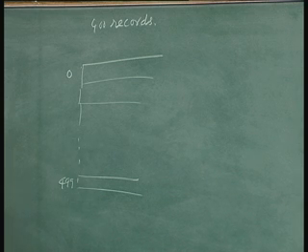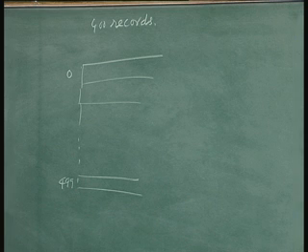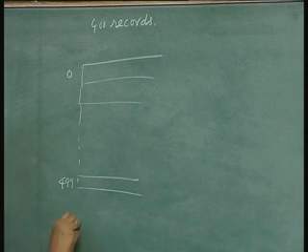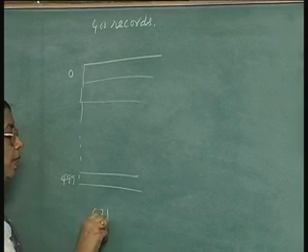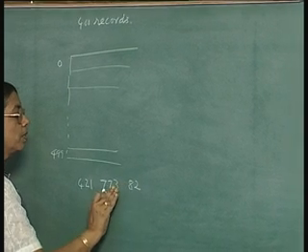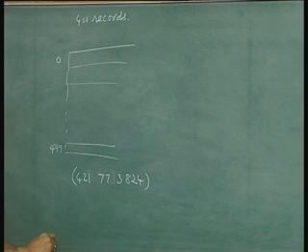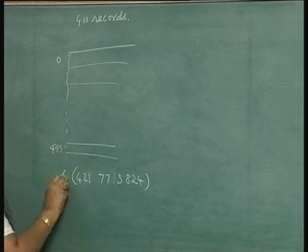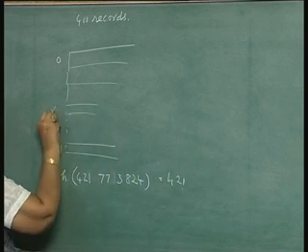For example, this is employee records of a company, then the social security number could be the key. It is unique for the person, it is a 9-digit number. So, suppose I have, say, 421 773 3824, something like that as the social security number of a person. Then you may use a function h such that this will reduce to 421, and then you can store it in the address 421.